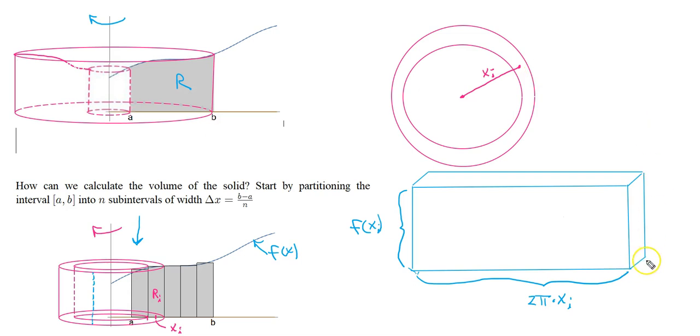And then the thickness of this slab right here is delta x. So the volume, let's call it delta Vi, of this slab is just going to be length times width times the thickness. And so that's going to be